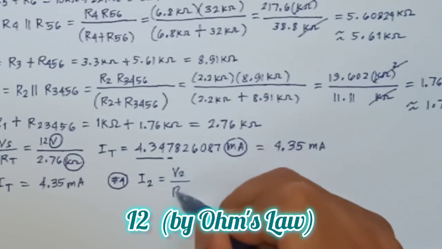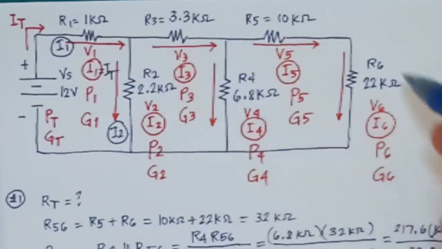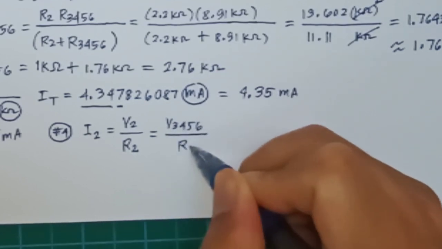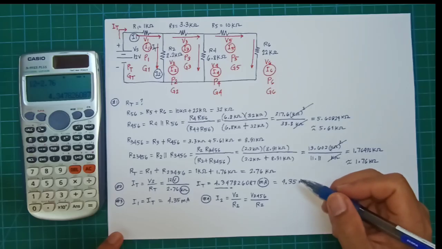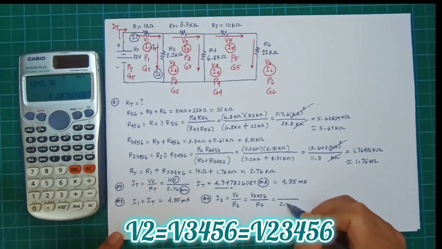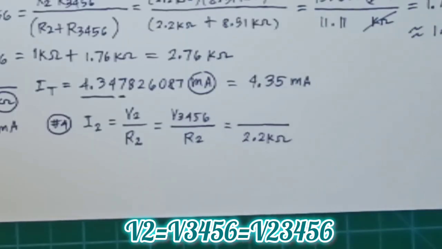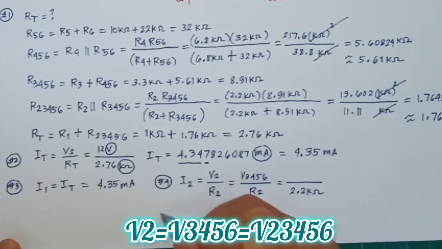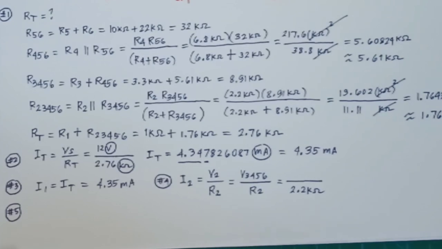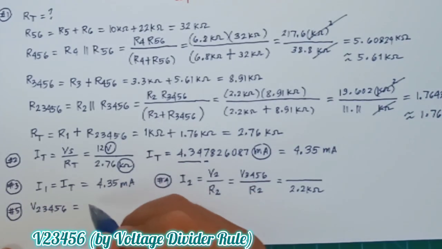You can use Ohm's law, V2 over R2, but we have a problem because we don't know V2. But if we know V3456, that will also be V2. Or we can get V23456, because V23456 is also V3456, and it's also V2. So what we'll do here is we will first try to figure out the value of V23456,